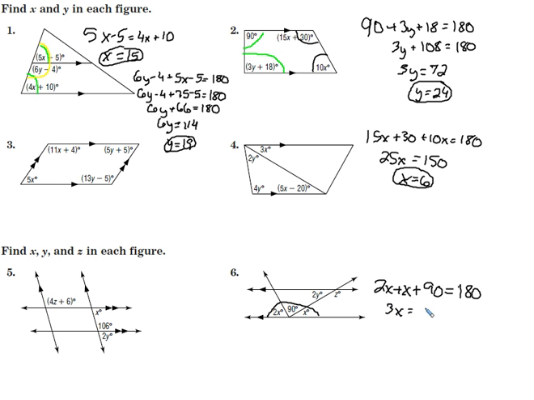So this is 3x equals 90. Subtracting 90 from both sides, adding like terms, divide by 3, x equals 30. Okay, and we know if x is 30, that means this angle measure is